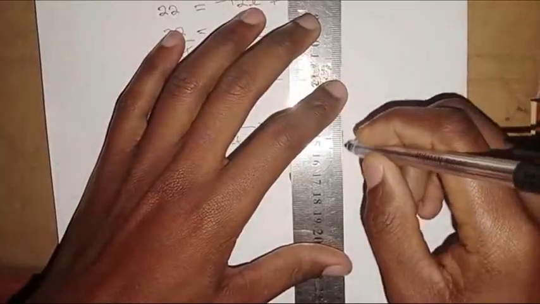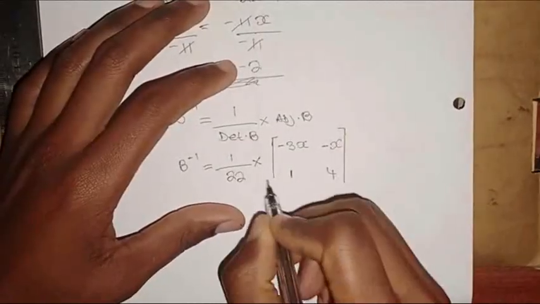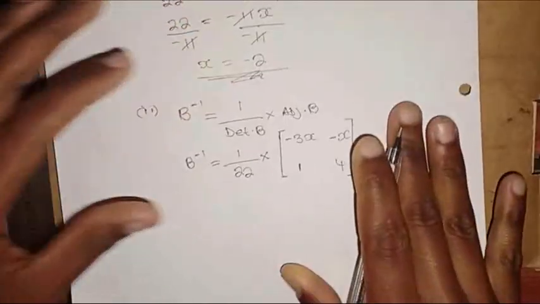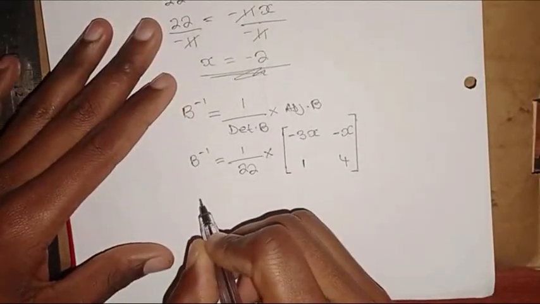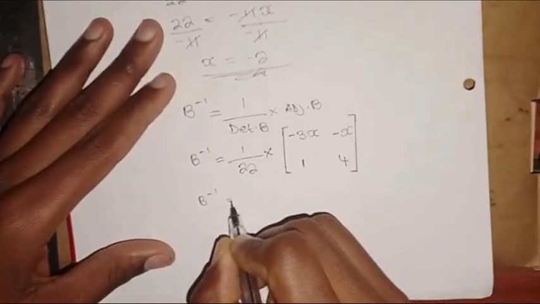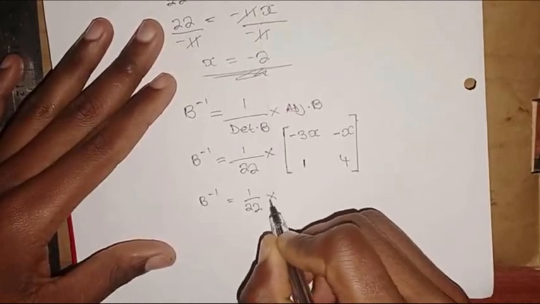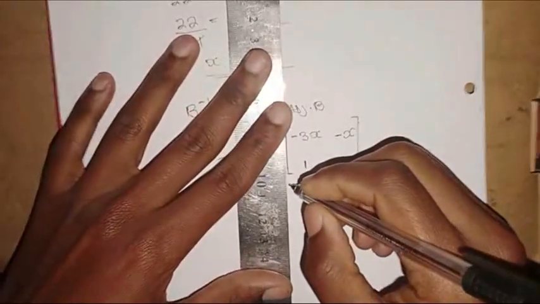There's a reason why I'm writing the x. You will understand in just a moment. It's not necessary to write this in the exam because we already know the value of x. I just want to show you the flow or the process. So this is what we have so far. So B inverse equals 1 over 22 multiplied by this same matrix,